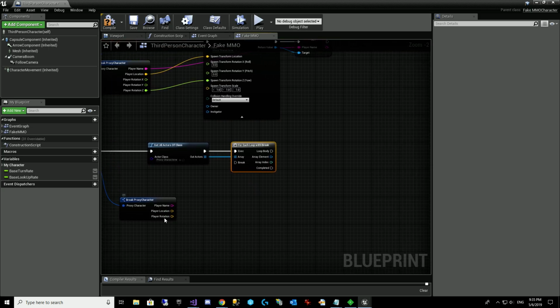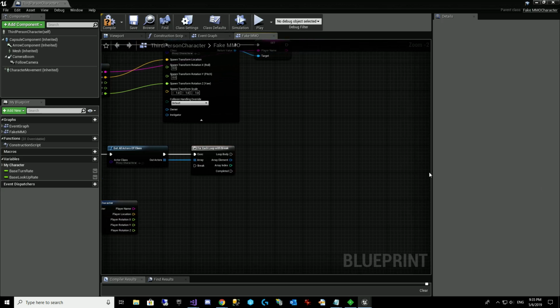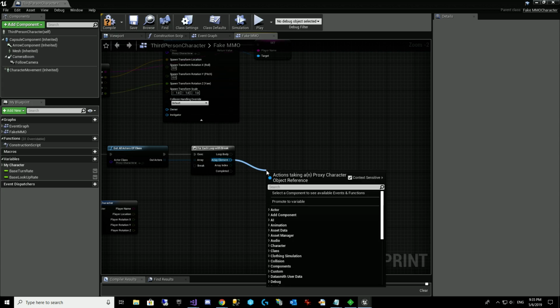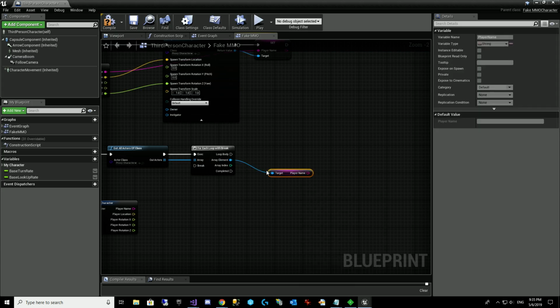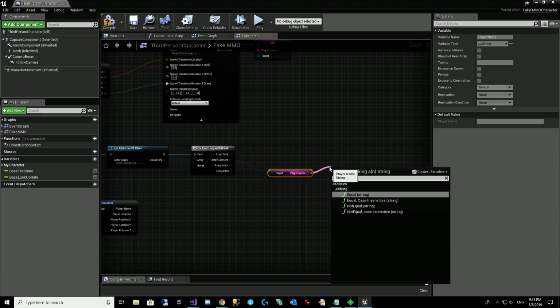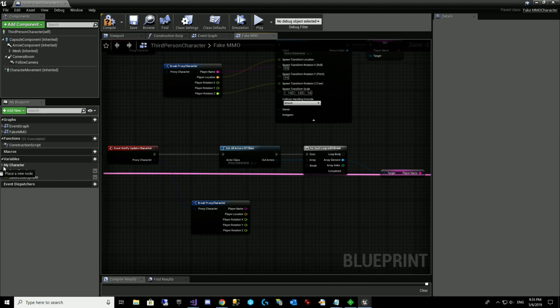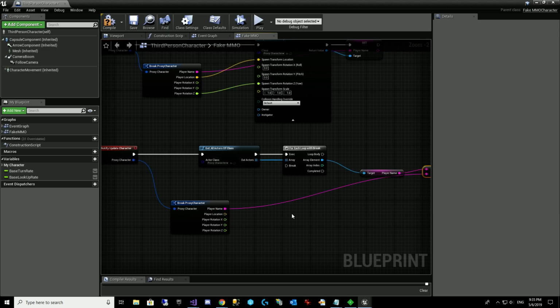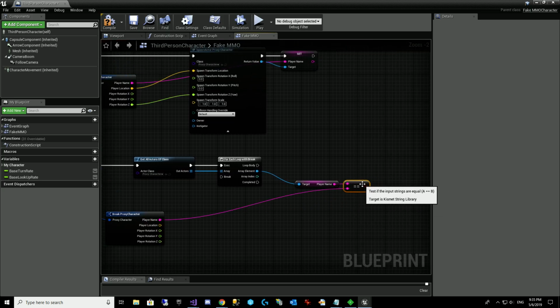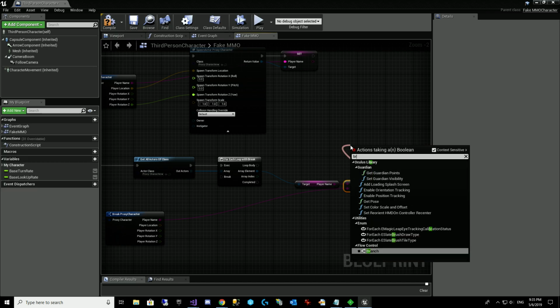And again we're going to split the rotation, and we're going to say get player name is equal to this player name that we got sent in, and if it is,